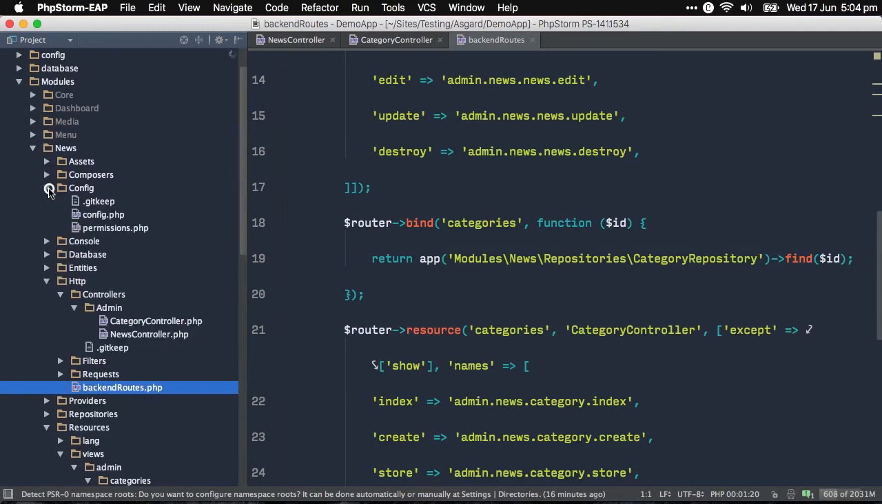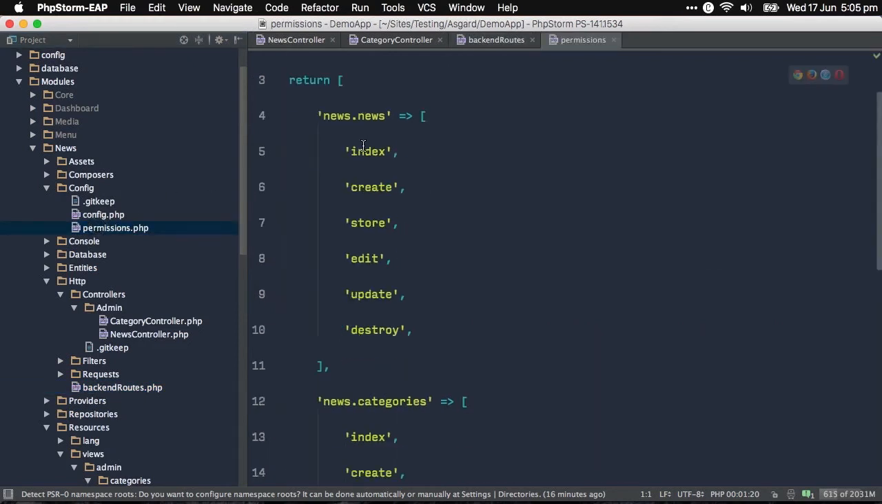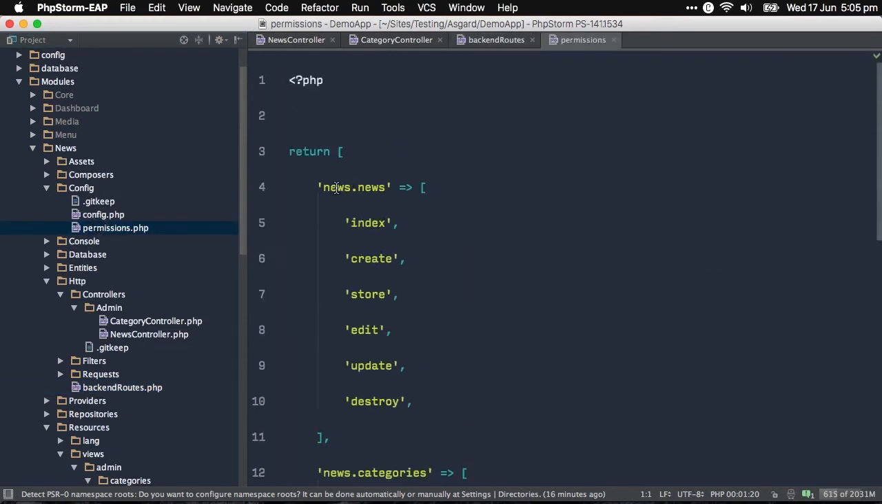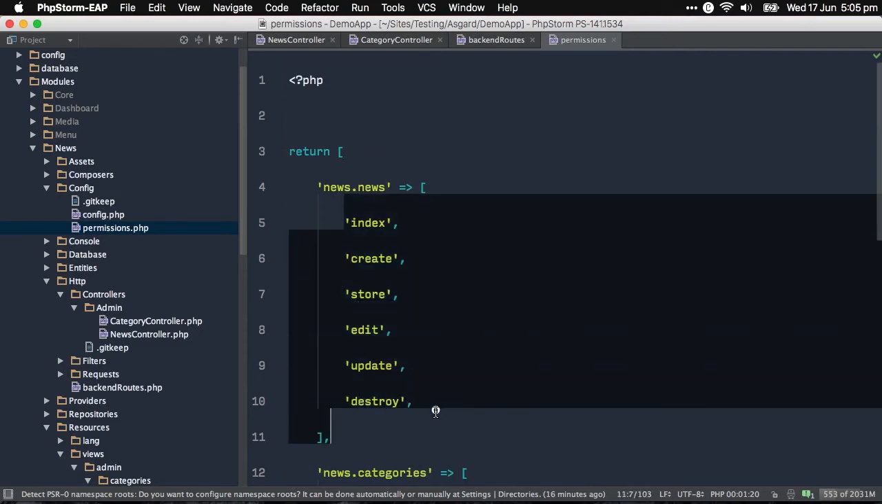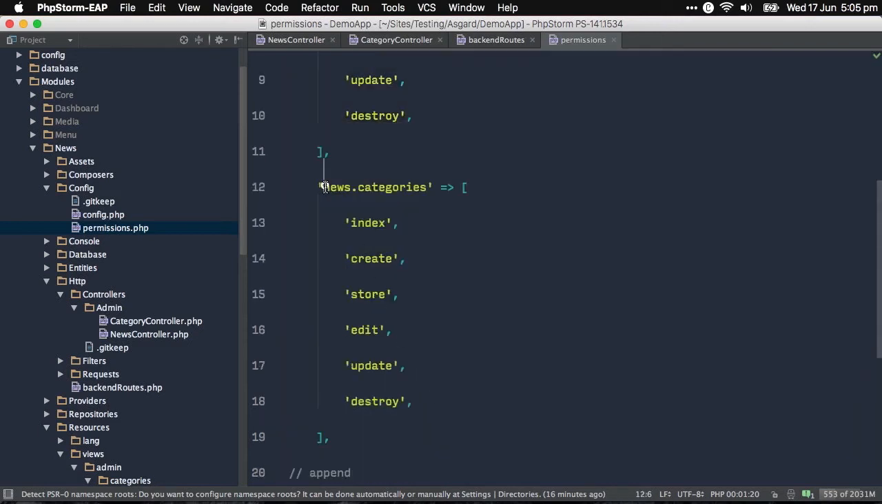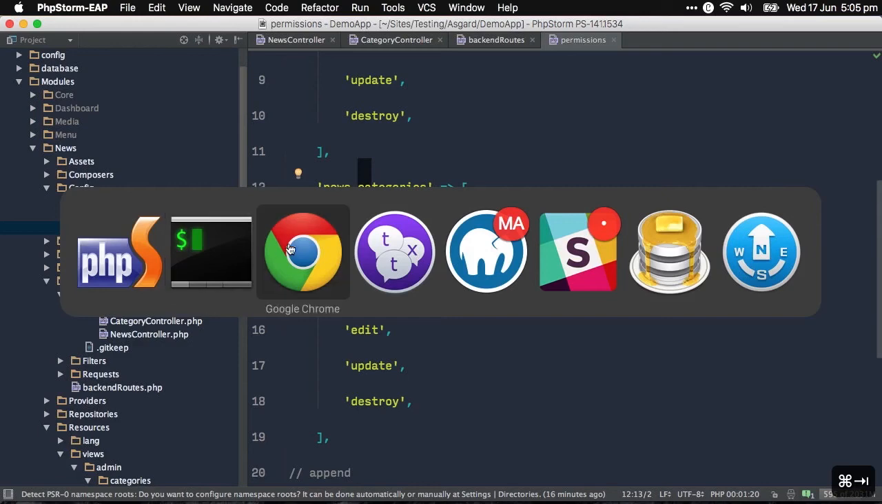Also important, if you look in the configuration folder, we can see the permissions configuration. This is pretty much what sets up the permissions that we're going to see in a second in the graphical user interface. For the news module, the news entity, we have these permissions. With the news module and the categories entity, we have these permissions. That's pretty important to understand how that works. To give you an idea, let's go into